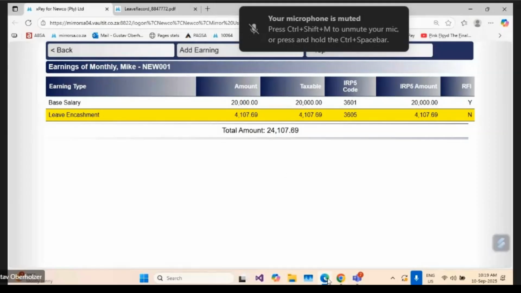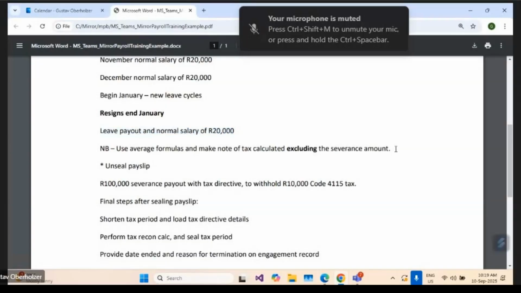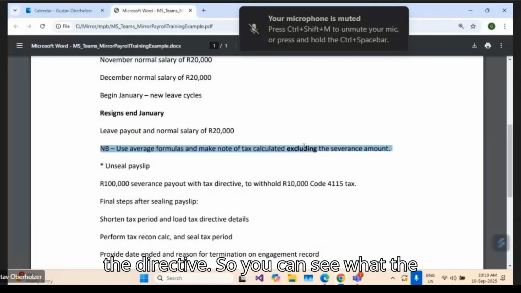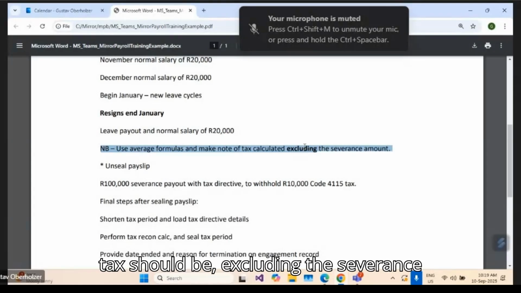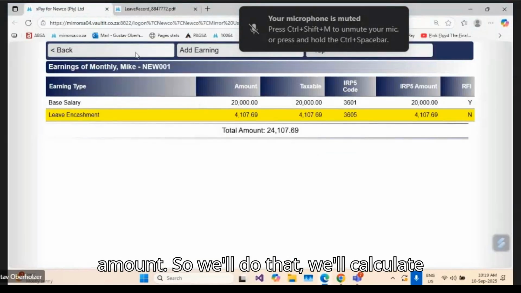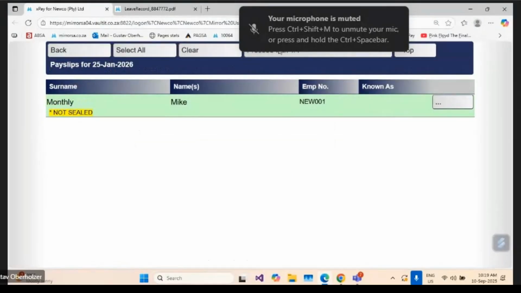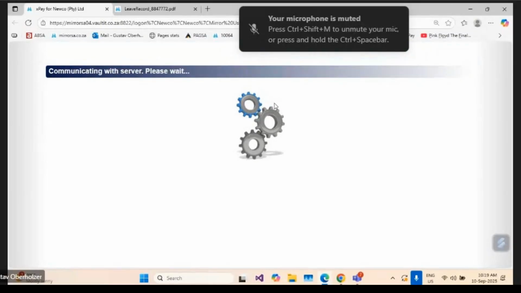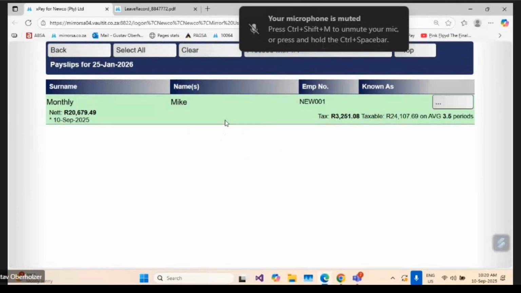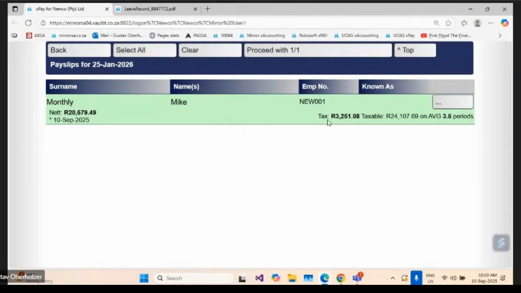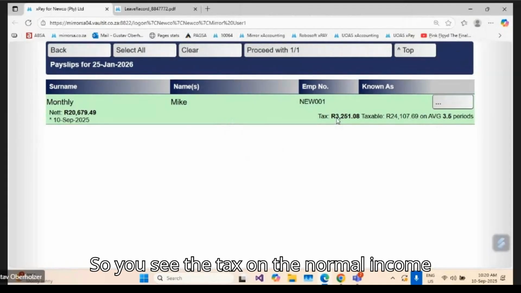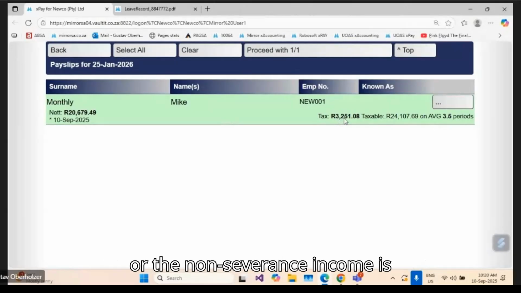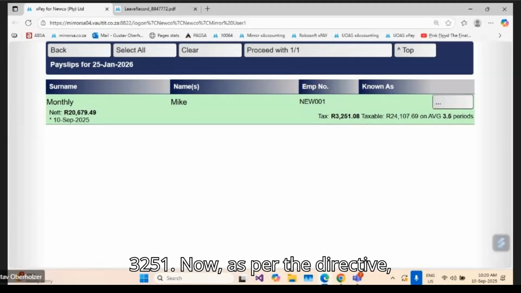directive. As you'll see, you need to calculate on average formulas, but without the directive. So you can see what the tax should be excluding the severance amount. So we'll do that. Let's calculate on the formulas, average formulas. Okay, so you see the tax on the normal income or the non-severance income is 3251. Now, as per the directive,